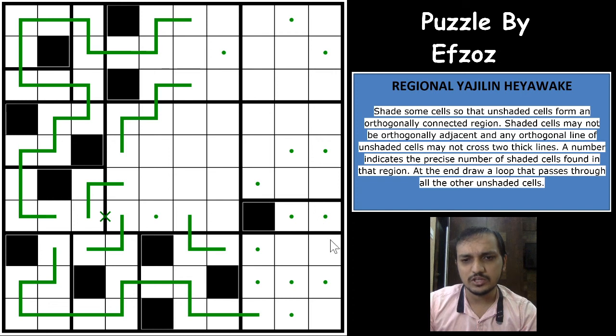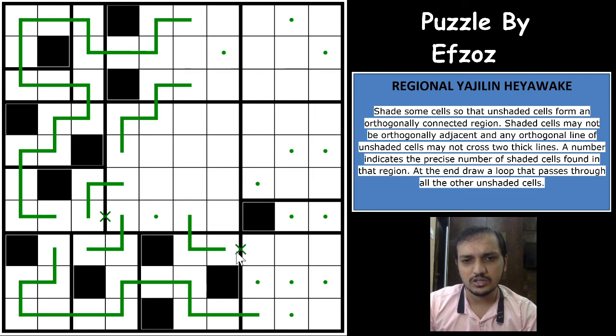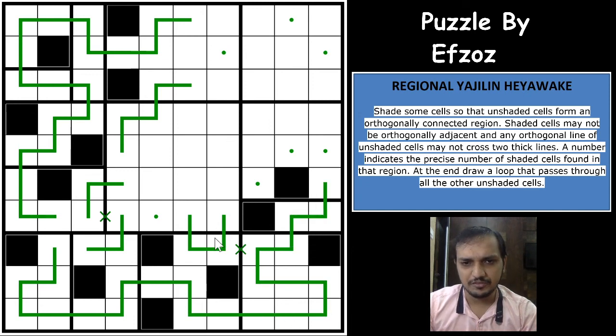So there are two ways you can shade these two cells, either this way or this way, and in both the ways you have one loop segment coming in, and if you have this loop segment coming in, then you'll have an odd number of loop segments, right? So there is a cross here, and this has to go up, this has to come this way, so this becomes the possibility now. Excellent. It's a really difficult logic, I would say. So this goes up, this goes this way, and okay, so one of these two cells would have to be a shaded cell, so both of these become unshaded now.